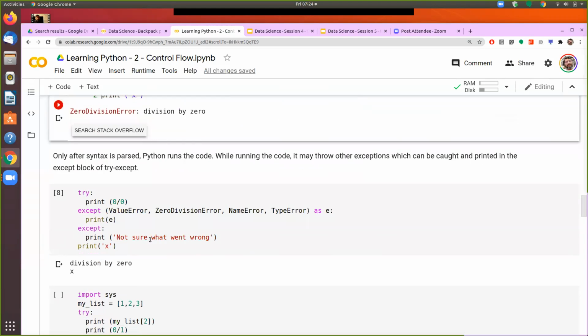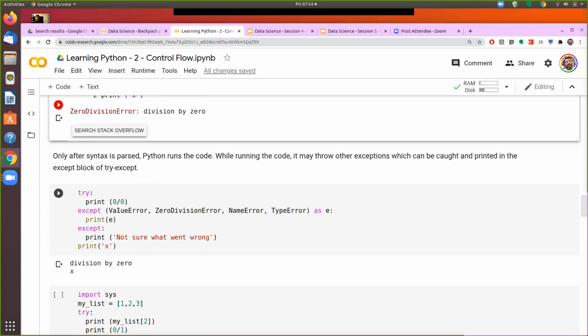Whereas if we handle the exception, we come to know where the error has occurred, but the rest of the program we can continue with. That saves a lot of time because you're able to see where the problem has occurred. At the same time, it does not really break there. It also executes the rest of the program. So I can see the different places where the problem has occurred, and we can see what the problem is.